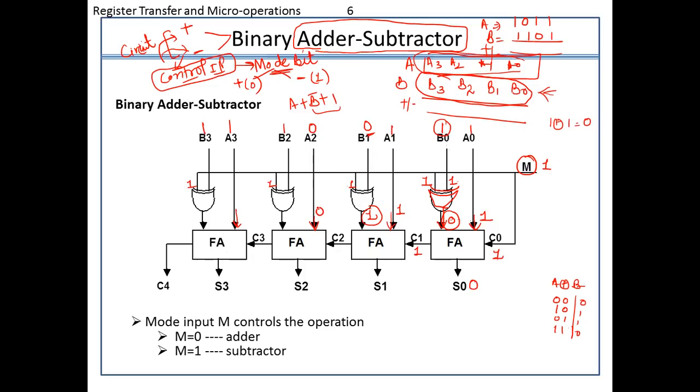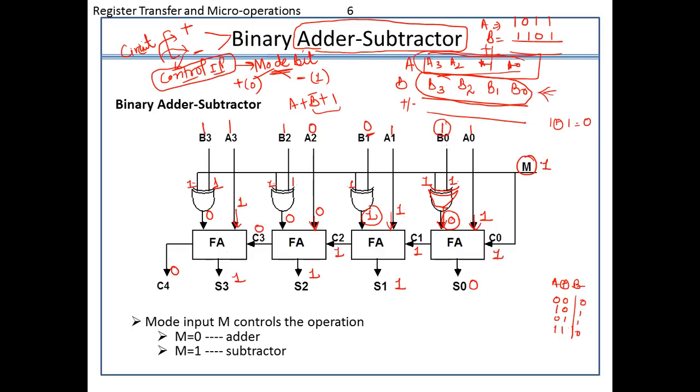Same as for this case, 0. Here I am having two ones. Again, I will get 0. So let's proceed with this. 1 plus 0. 1 plus 1 is 0. 0 plus 1 is 1. But 1 is a carry value. 0, 0, 1 is 1 as a sum and 0 as a carry, right? So for the last part, this is 1, 1. XOR will do this. 0 plus 1 plus 0 will be 1 and 0 as a carry. So this will be the ultimate result of this entire case.